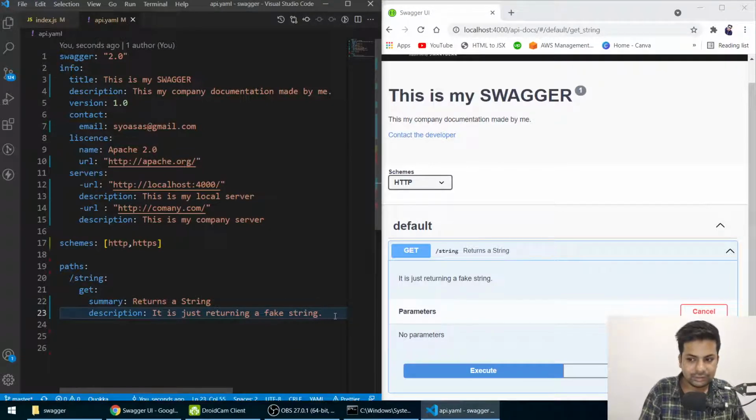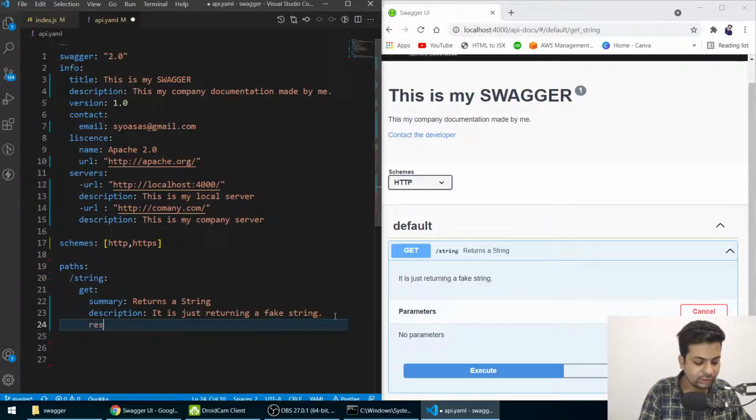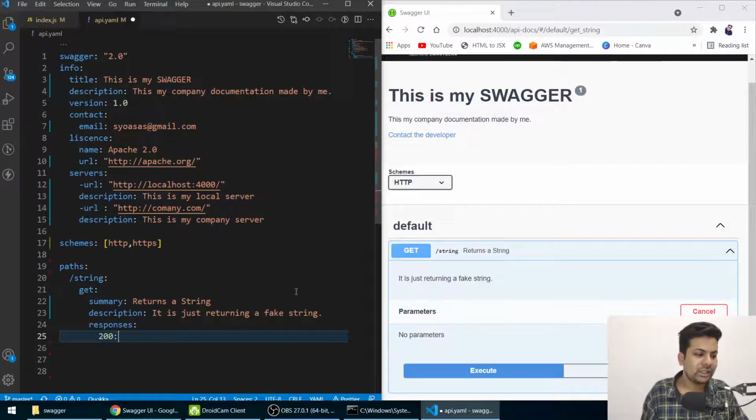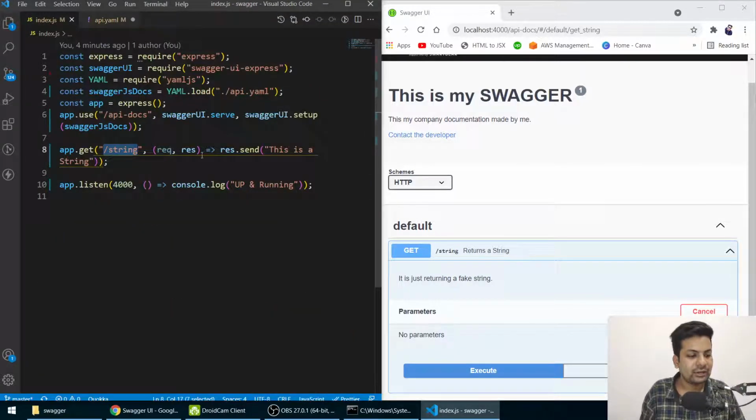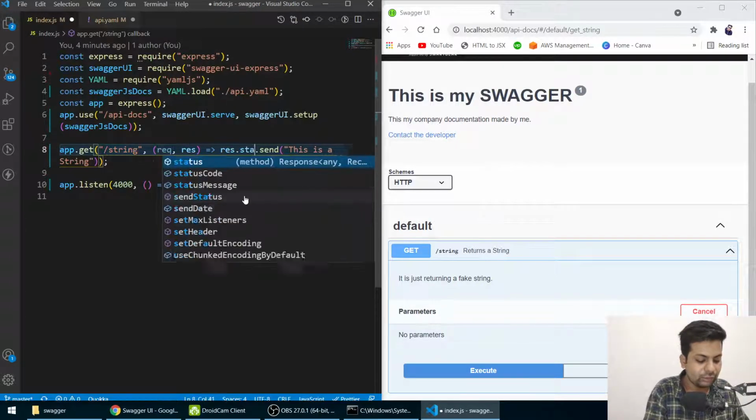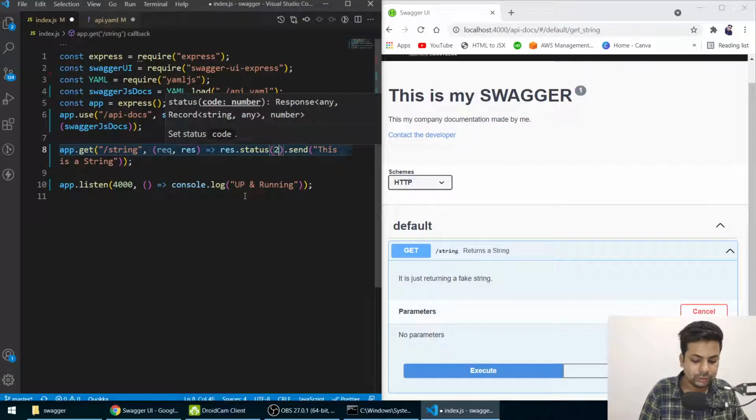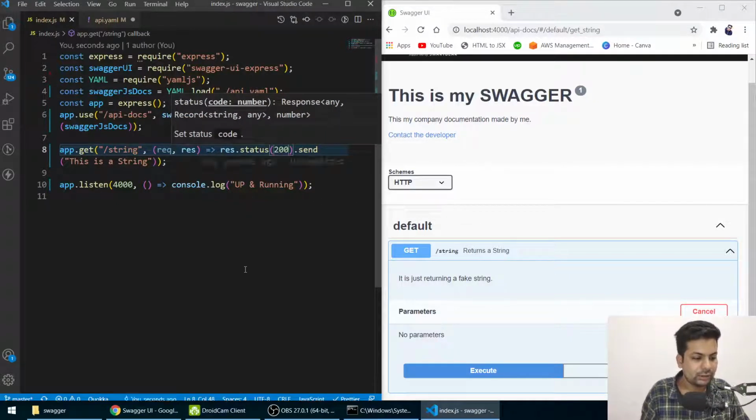So after that, we'll define responses. So we'll say responses. So here I'll say it returns a 200. So basically when you don't define any status, by default it sends 200. So let me just define it also, so it will be clear for you. Save it.